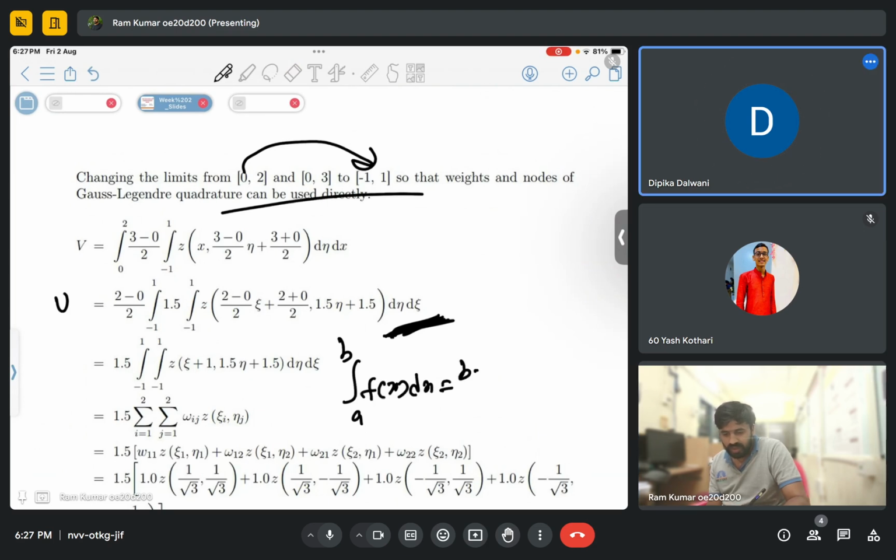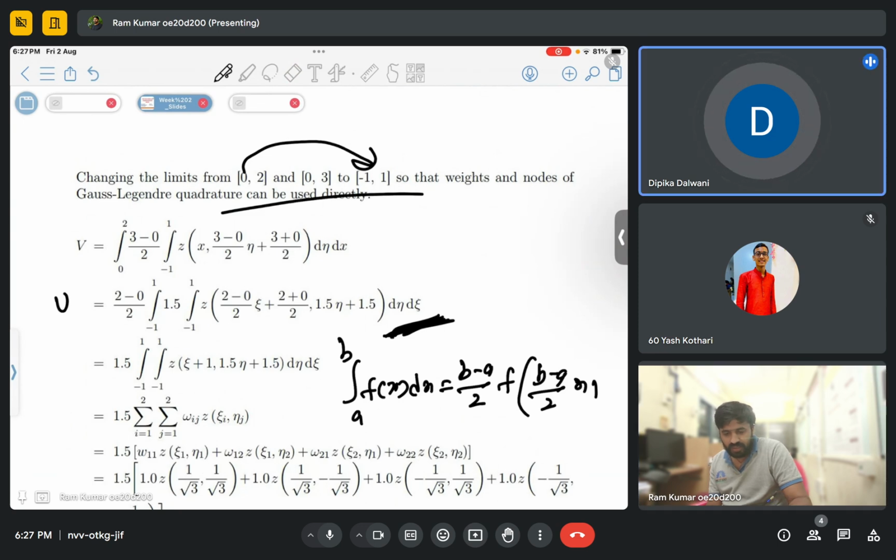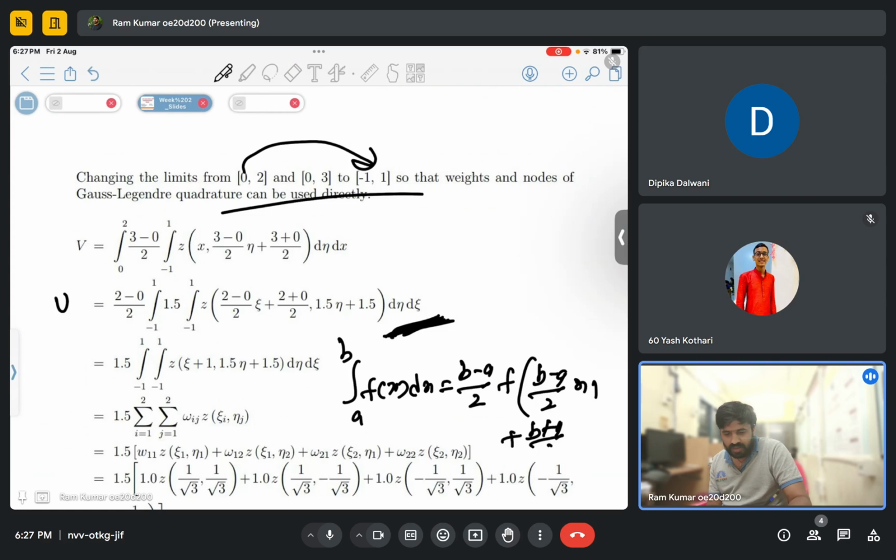Equal to (b minus a)/2, then the function, but b plus a, right, or b minus a? B minus a by 2. B minus a by 2 into x1, right? Yes. Plus (b plus a)/2 into x2 into w1, into w2. Okay, so what we will do, we will not follow this one, and we will solve by